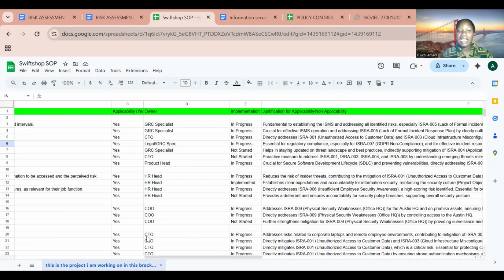If you say no, for example if your organization does not have anybody working remotely, and maybe there's a remote work control, and we did not add this remote work control, you have to add it. When it comes to applicable, you have to say no, it is not applicable. And also define the justification why this remote work is not applicable, because you don't have anybody that's working remotely,